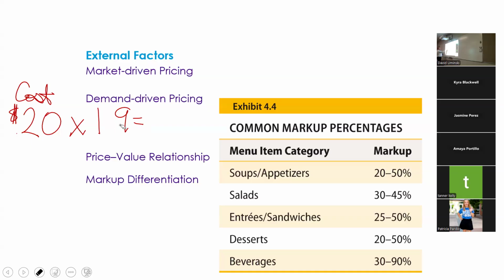Hold on. So I see a lot of confused looks. So if I multiply the 0.20 times 0.9, what do I get? 0.18. Okay. And then I add that to my 20. This is not working out the way I wanted to. I'm going off script, and I should never go off script. Yeah, let's scratch this for a second.